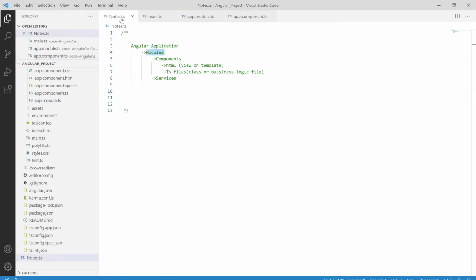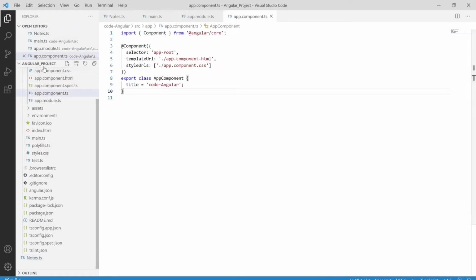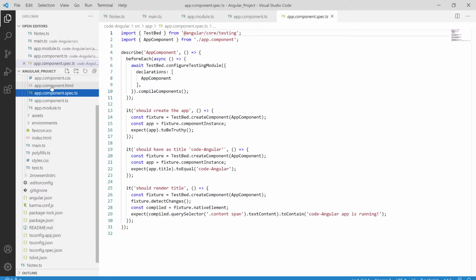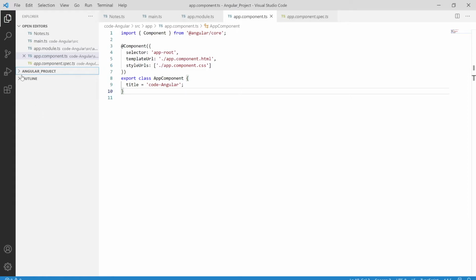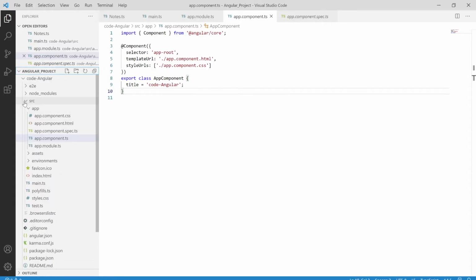And as I already showed you, a component contains an HTML file and a TypeScript file. As you can see, these four files are mainly called our component. In our component we have a CSS file if we want to include some kind of CSS, we have the HTML file, and we have the spec file which we use to cover unit test cases, and then we have the TypeScript file which simply contains our business logic. And we also have a very important Angular file, which is our package.json. Let me show you. Let me just minimize this.